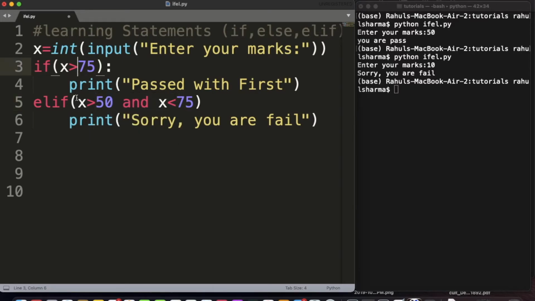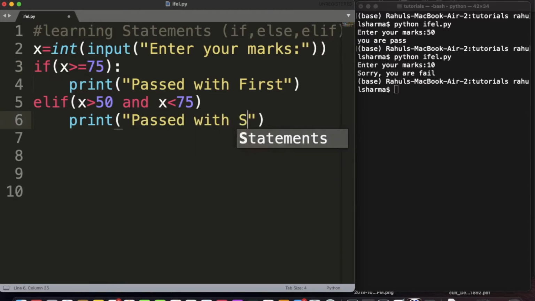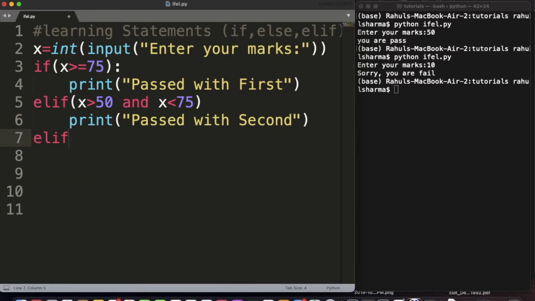For the first statement I'm writing x is greater than or equal to 75, then this statement should get printed. And if x is less than 75 but greater than or equal to 50, then this statement should get printed. So I'm changing the statement. And if x is greater than or equal to 30 and x is less than 50.